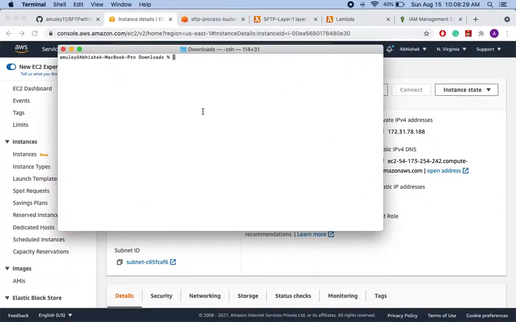Let's try to log on to the instance. So this is our PEM key. Let's change the permission.